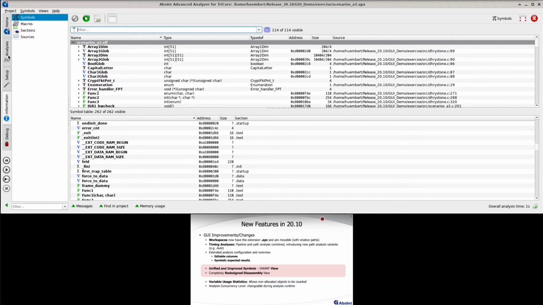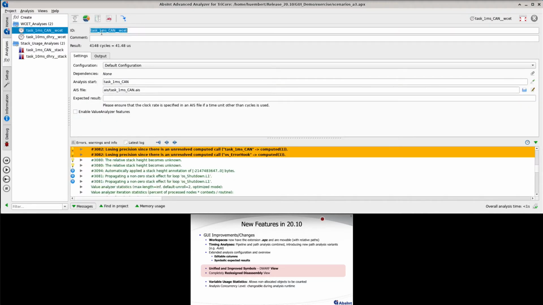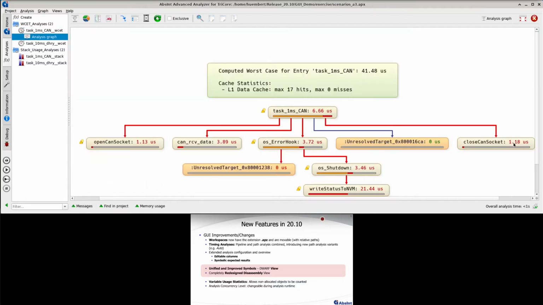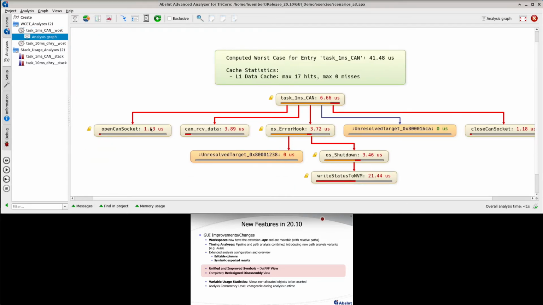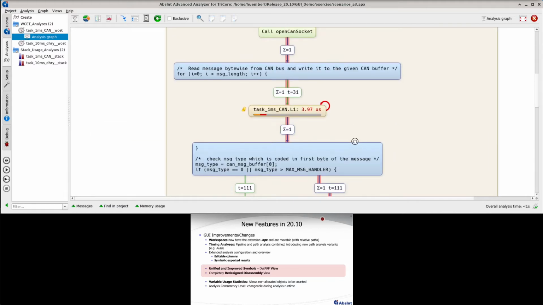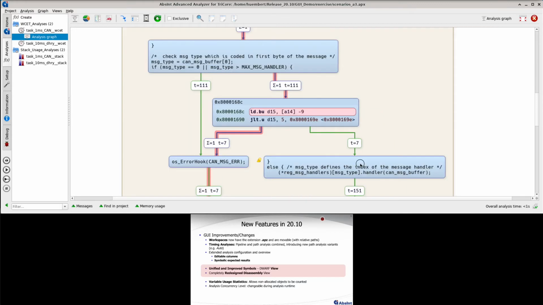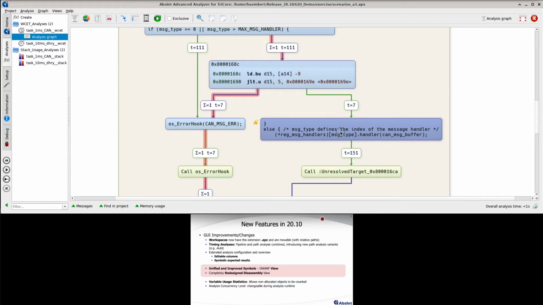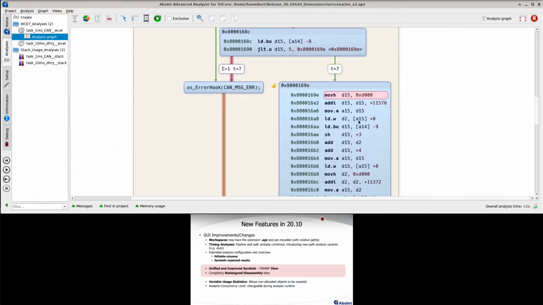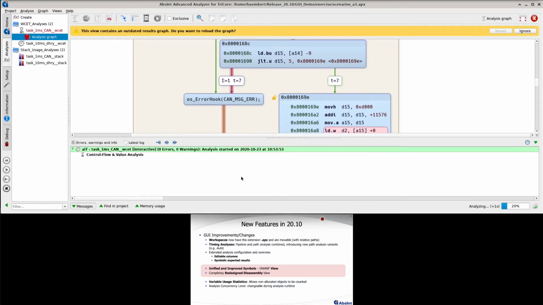And now this will be done in one step. So let's come, for instance, to the 1 millisecond task. Let's have a look here at the graph, and for instance, if we have here some variable access, we could go to, where is it? For instance, here where a function pointer is called, and we could check where this load goes to with the interactive value analysis, for instance. For that, I should definitely start it interactively, of course,